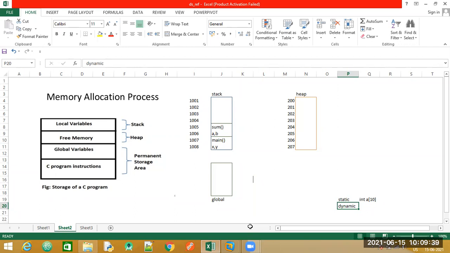For example, assume that you are trying to store the list of students, you want to enter their names, and you have declared an array. As the student list goes on increasing, you will require more space in the memory. Or say the number of students you expected were 1,000 and only 10 have turned up. So you need not declare an array of size 1,000. In such a scenario, wherein the memory space that you require keeps on changing, it may be more or it may be less, you can go for dynamic memory allocation.